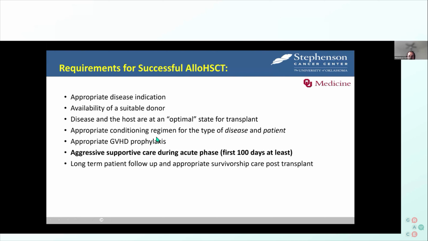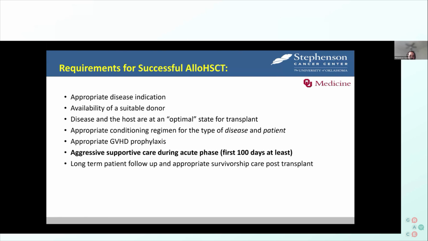So in those situations, we tend to avoid this toxic treatment. Conditioning regimens are the preparative chemotherapies. So we do it based on the patient's disease and other characteristics. GVHD is a form of problem that happens with allogeneic transplant, in which the donor cells that come